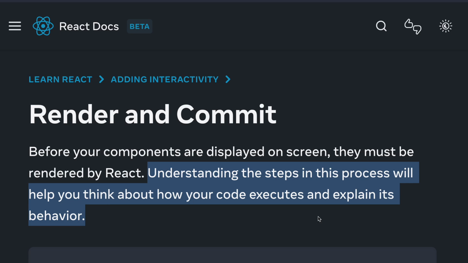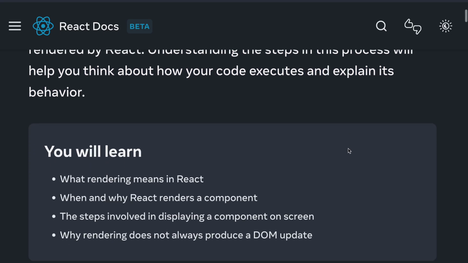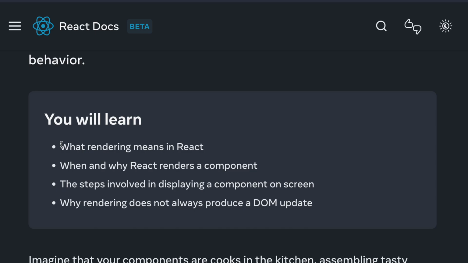I don't know about you, but for me it happens a lot. In the initial stages I used to think, why is this being shown before that, why is that being shown before that? So let's see whether reading this part of the documentation helps. What we are going to learn: what rendering means in React, when and why React renders a component, the steps involved in displaying a component on a screen,